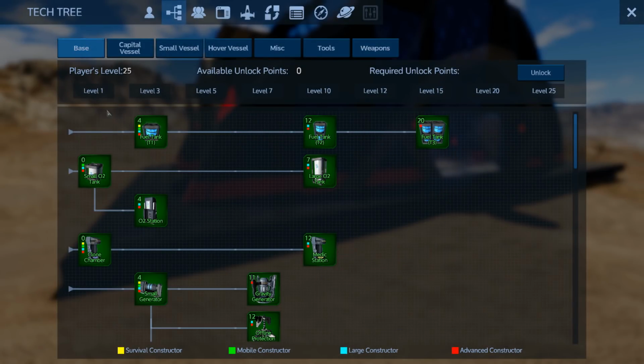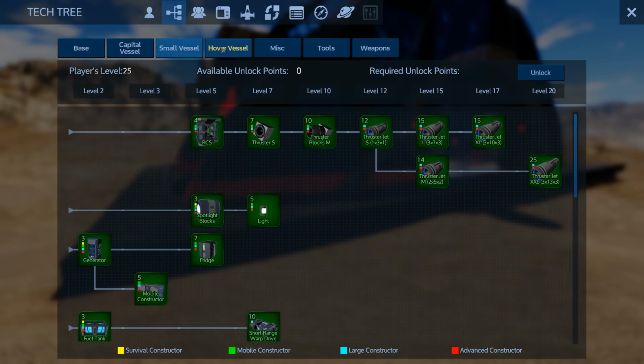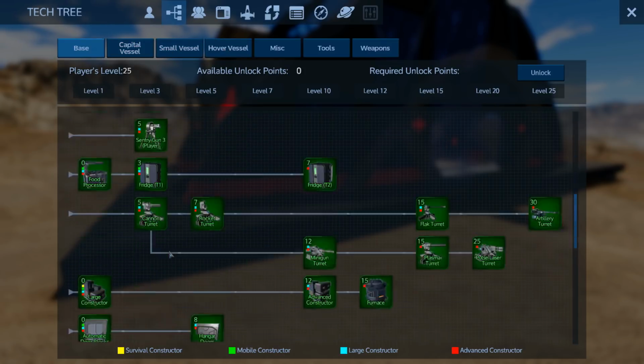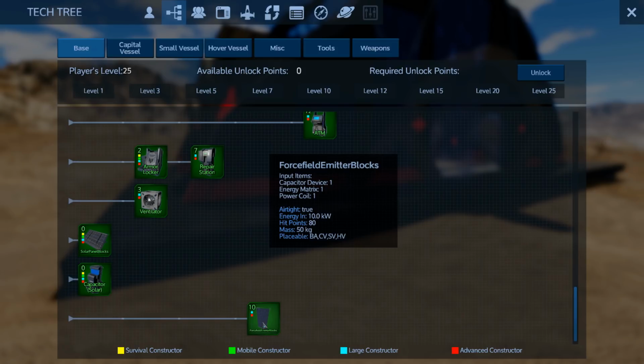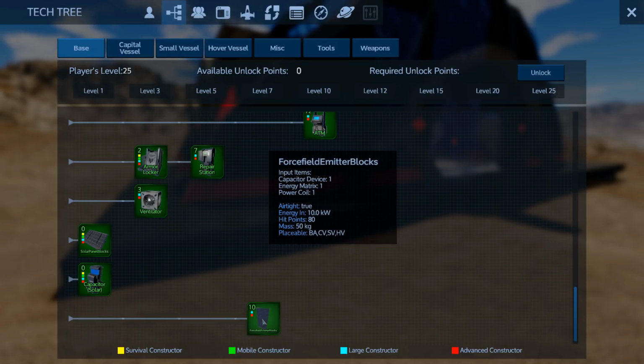And don't forget that you will want to go into your tech tree and unlock them. They are under base or small vessel or hover vessel, any of these four, all the way at the bottom. Scroll all the way down, and they are a level 7 unlock, and they're actually quite expensive. You'll need all of the advanced materials, Zascosium and Erestrum and everything included, because you have to make power coils and stuff. So yeah, they are kind of expensive as far as that goes, but they should be a pretty cool